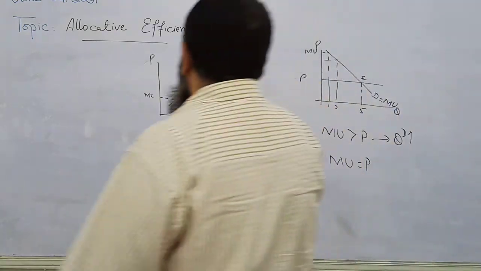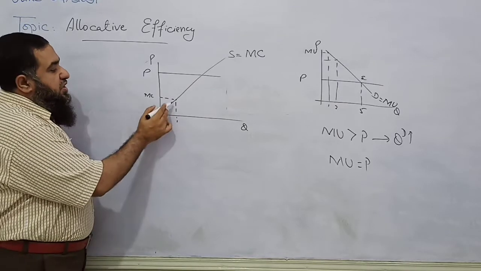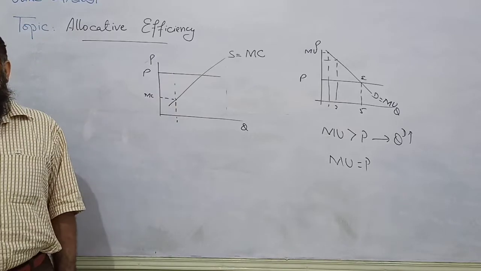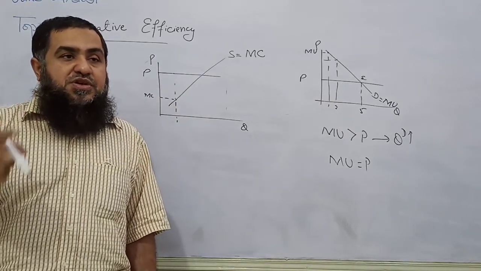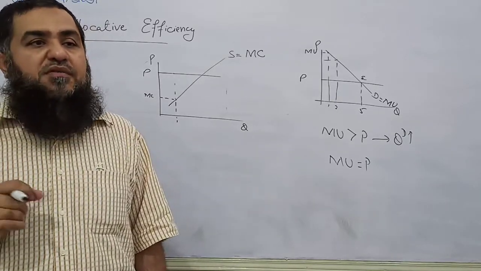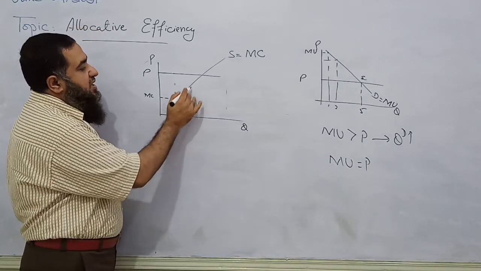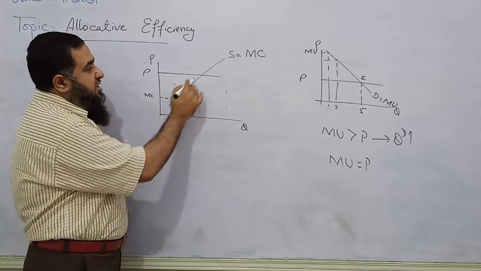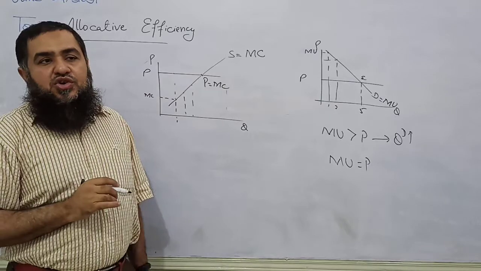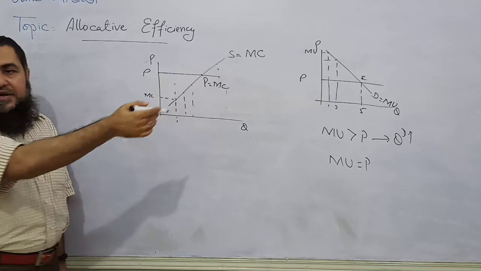So as we see, this is the price of the product in the market. This first unit has this marginal cost, but the price received by the producer is higher than that marginal cost. That will encourage the producer to produce an extra unit, because on this particular unit he is able to earn marginal profit. Clear? So as extra units are produced, his marginal cost is rising, and this is the point where price is equal to the marginal cost. Do you think he will produce more than this? No. Where marginal cost will be higher than the price?